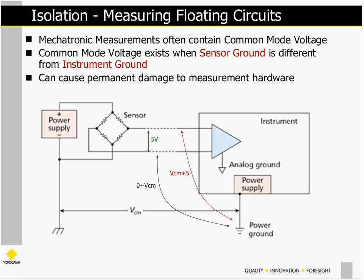On top of signals being potentially large voltages or small voltages, another very important consideration for mechatronics measurements is when it comes to measuring floating circuits or isolation. And mechatronic measurements often contain common mode voltage. What is common mode voltage? It's essentially a voltage difference between your sensor ground and your instrument ground. And so if you look at this diagram here,